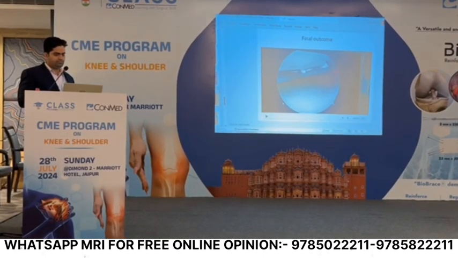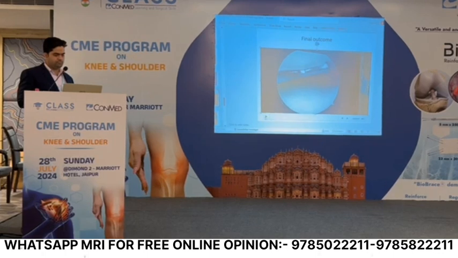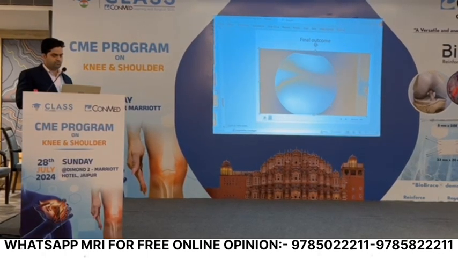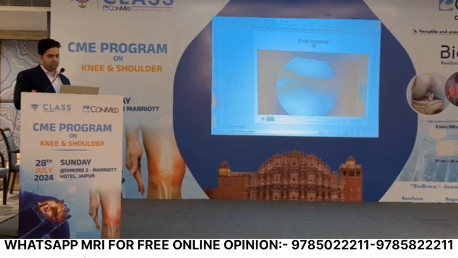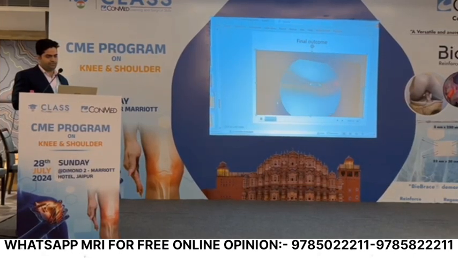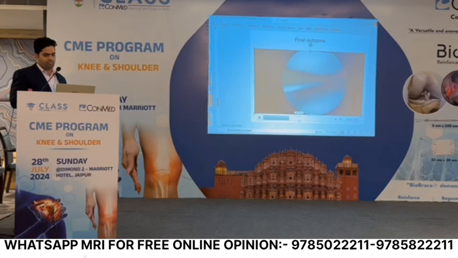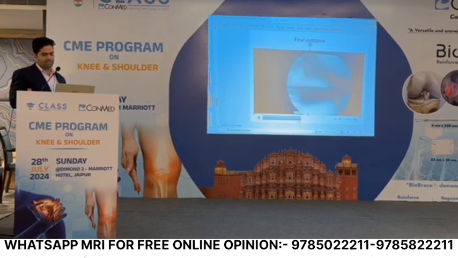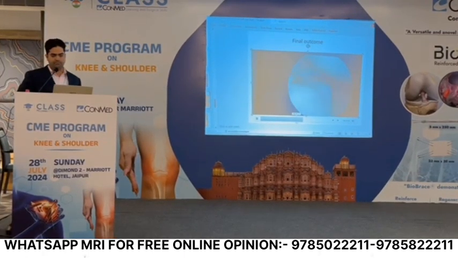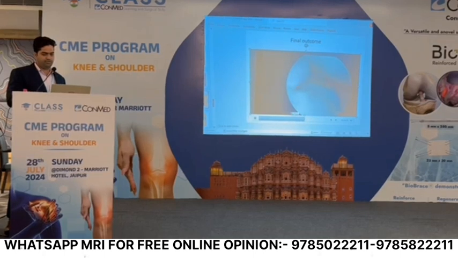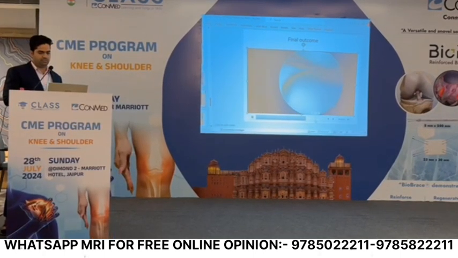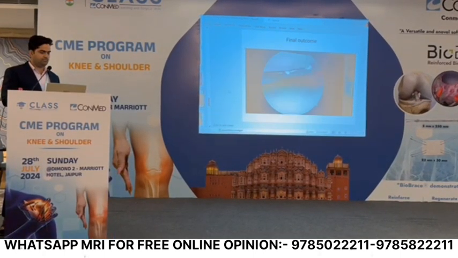Final outcome: the meniscus is well reduced, not coming into the joint, and stable. We check with the probe, and as we can see, it is well reduced and in an anatomical position.